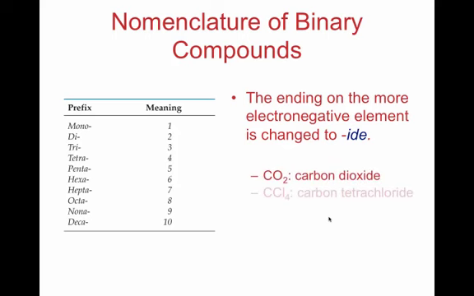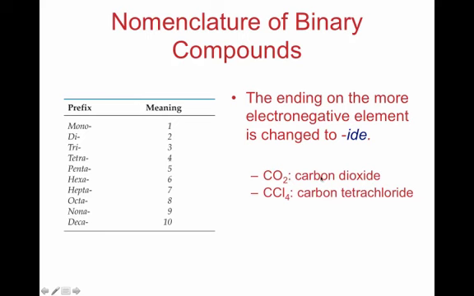The ending on the most electronegative element should be changed to IDE. So carbon, we have one of them, so it would be monocarbon. Remember, we do not use the mono prefix. So it would be carbon, and then we have two oxygens, dioxygen, but then we change the ending to IDE,